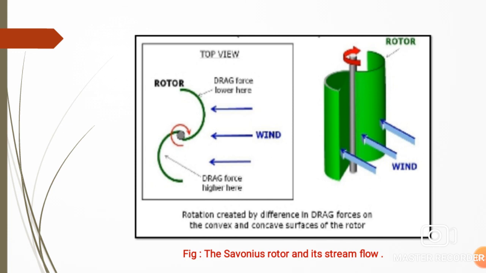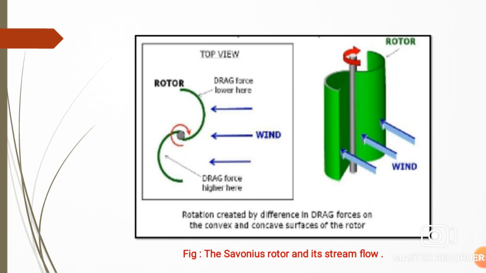The topmost view is shown in the left hand figure. There is a formation of S shape. The middle dot is the axis of rotation, and the green part is the rotor, or we can say blades, and the inner part is a concave part, so drag force at the inner part is higher and the outer part is a convex, where the drag force is less as compared to the concave part, because in the concave part all this wind is forced, and so these blades are able to rotate.